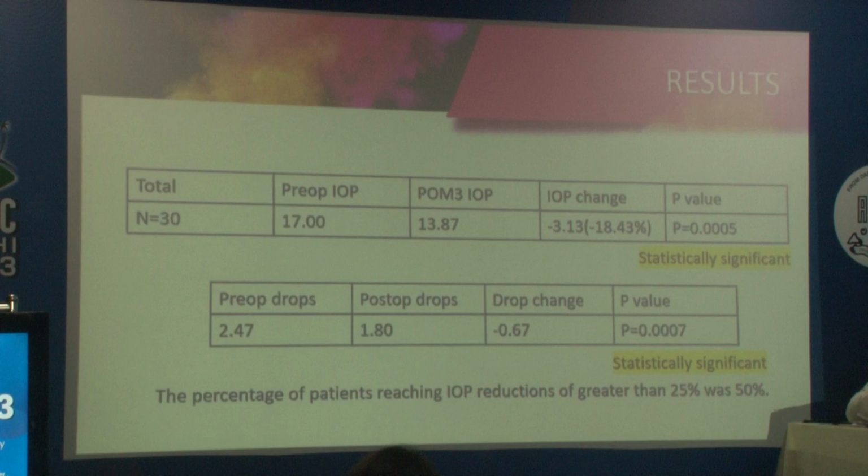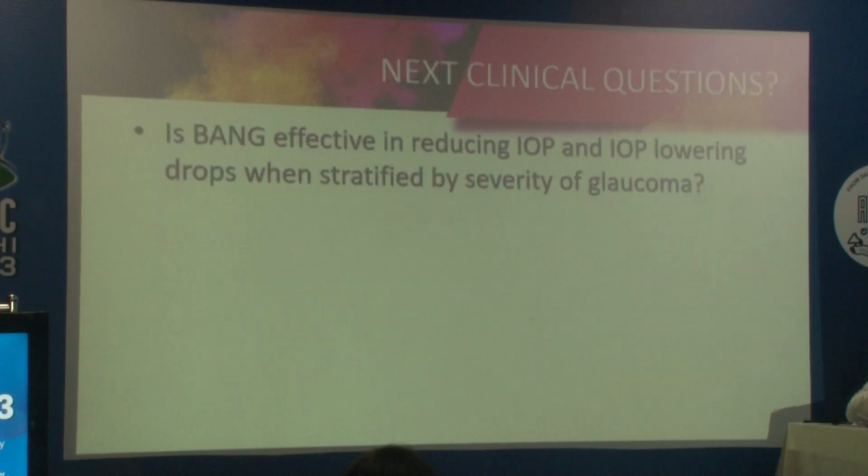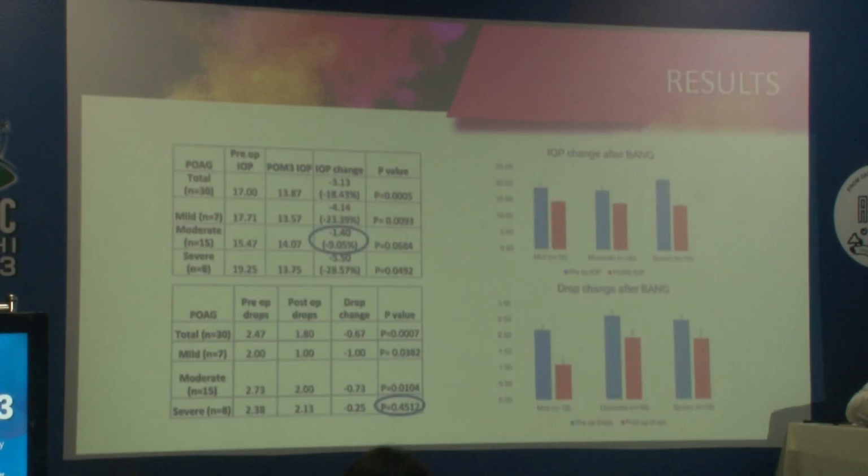Post-operatively, at the end of 3 months, there was a drop reduction of 0.67, which was also statistically significant, and almost half the number of patients had an IOP reduction of less than 25%. The next question is whether it is able to reduce IOP and AGMs throughout all severities of glaucoma. On that basis, we found that mild and severe cases of glaucoma had a significant reduction in intraocular pressure, except the moderate category, which brought about an IOP reduction of only